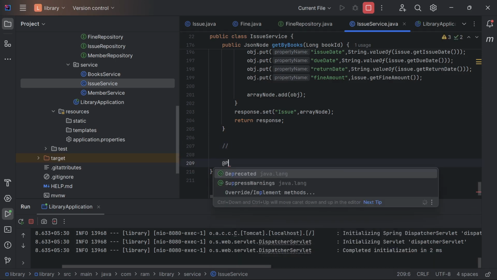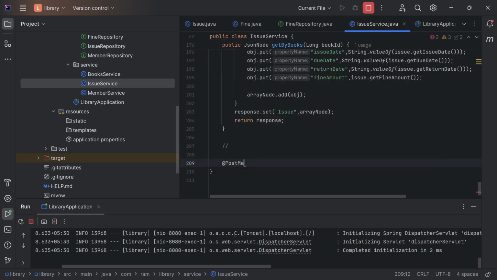Here, it will be a post mapping, and then we are going to pass return slash issue ID, and then public JSON node returnBook. And here we'll pass long issue ID,